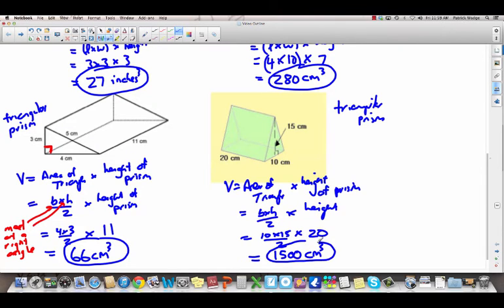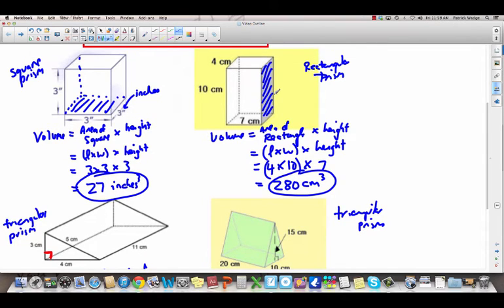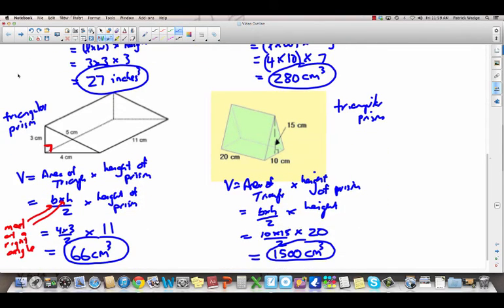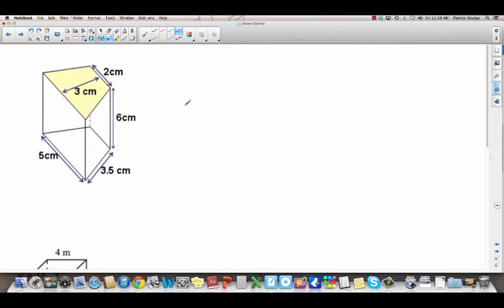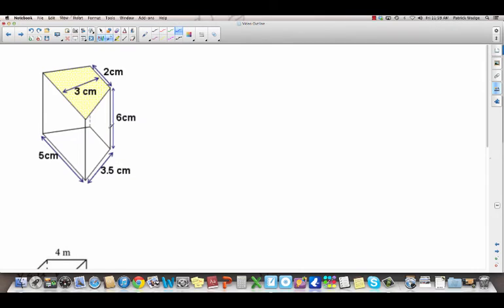Okay, there's one last type of prism you need to know. We've done square prisms, also called cubes. We've done rectangular prisms, triangular prisms, and the last one is this. What kind of prism is this? Well, the two congruent parallel faces are the one right at the top here, shaded yellow, and the one below. What do you call those shapes? Those are trapezoids. This is a trapezoidal